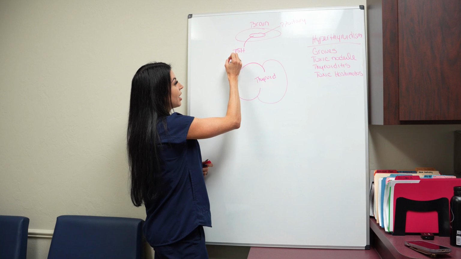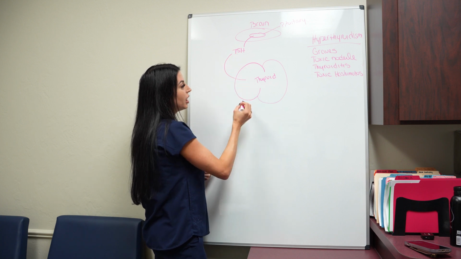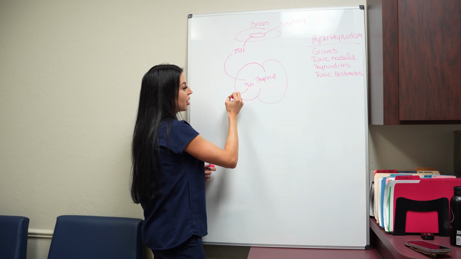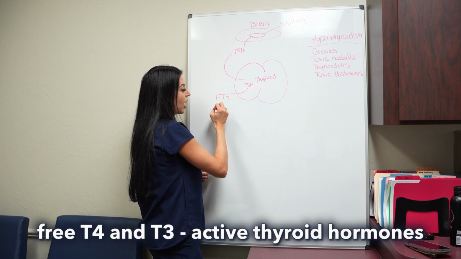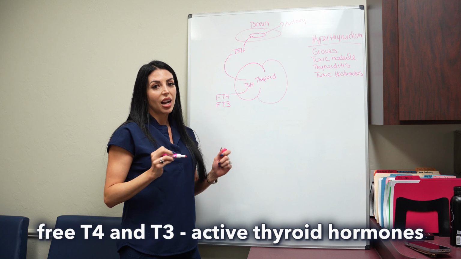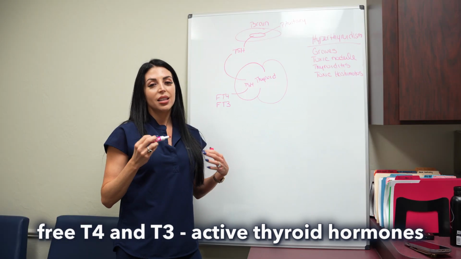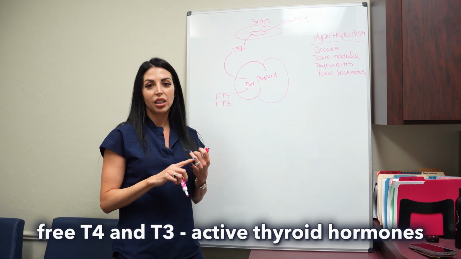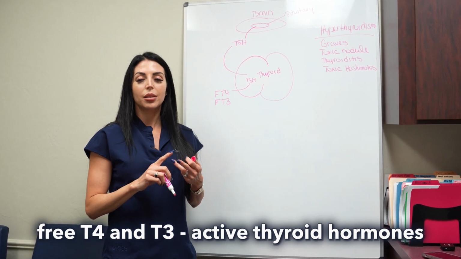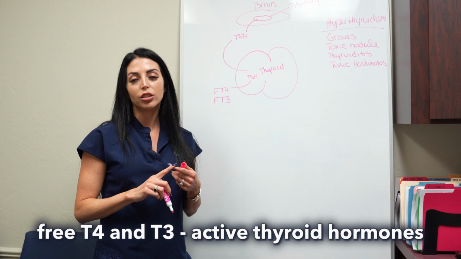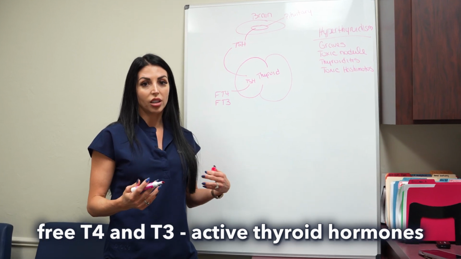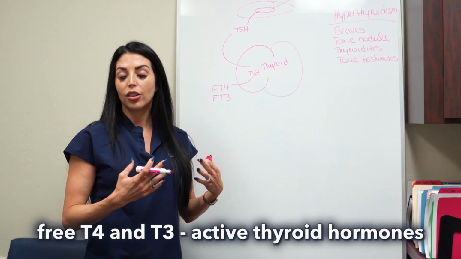So TSH will then come to the thyroid, and it stimulates the thyroid when it gets here to make something called free T4 and free T3. These are active thyroid hormones. This is what goes to cells in our body and tells our cells to make our hair grow and make our nails grow, make our metabolism work, to not be cold, to help regulate everything thyroid helps regulate. Temperature, sex hormones, sex drive, all of those things.